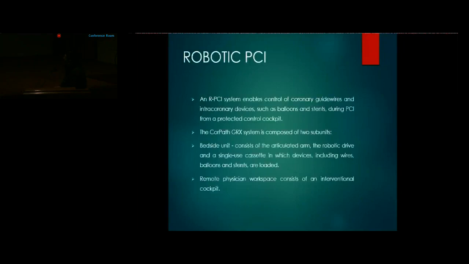A robotic PCI system enables control of coronary guide wires and intracoronary devices such as balloons and stents during PCI from a protected controlled cockpit. We use the CORE-PATH GRX system, which is composed of 2 subunits: a bedside unit, which consists of the articulated arm, the robotic drive, and a single-use cassette in which devices including wires, balloons, and stents are loaded, and a remote physician workspace, which is in the console and which is protected from the radiation